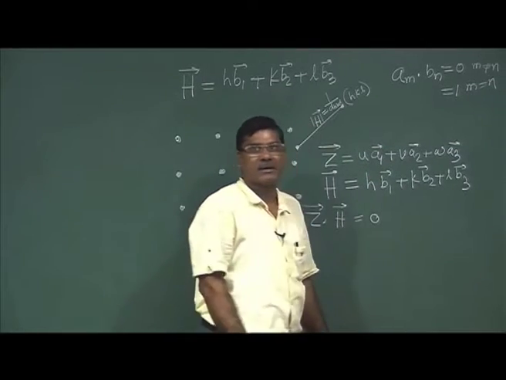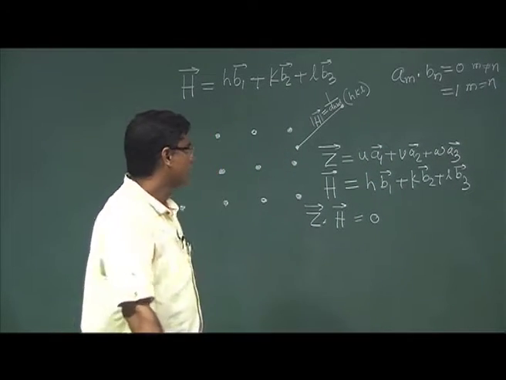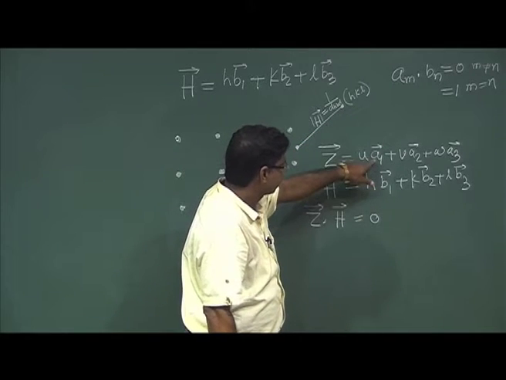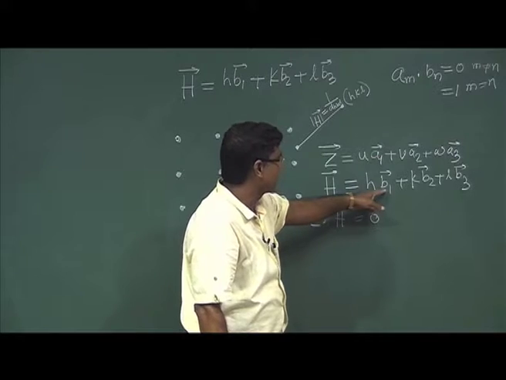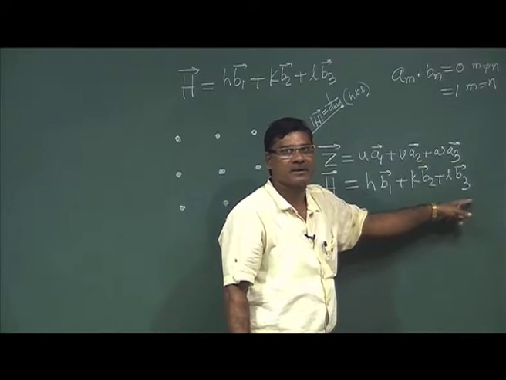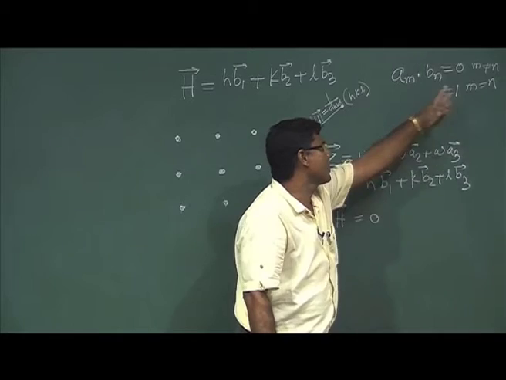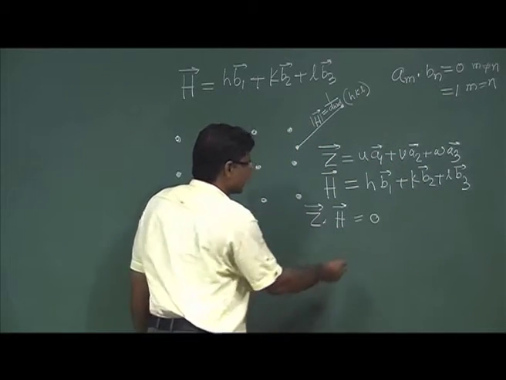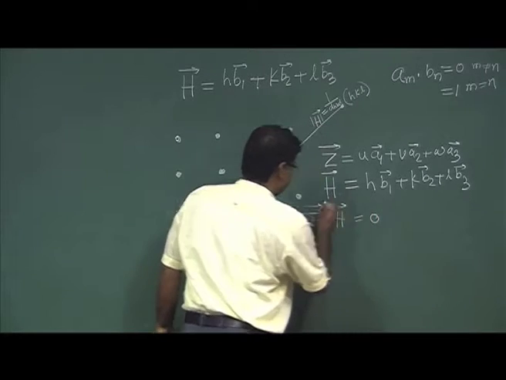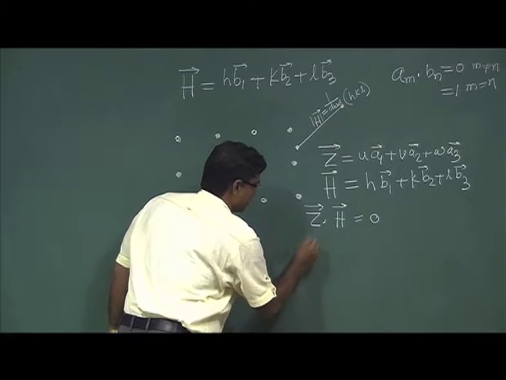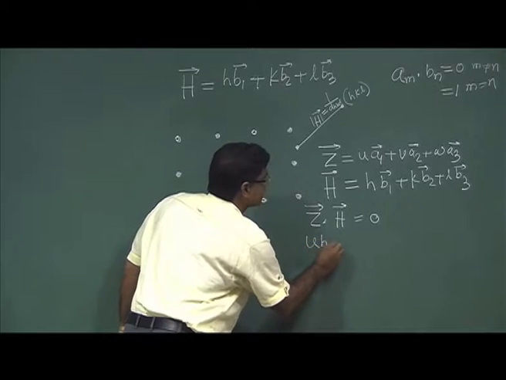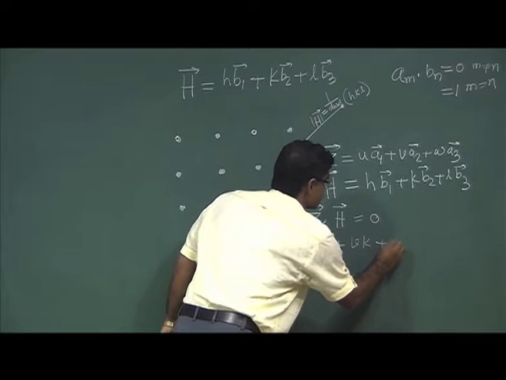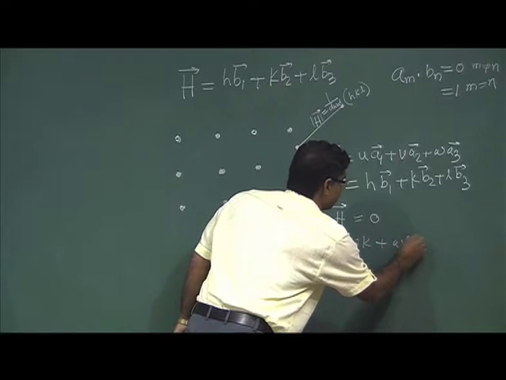So, here a1 dot b1, a2 dot b2, a3 dot b3 will be 1, and a1 dot b2 etc. will be 0. So I get that UH plus VK plus WL equals 0,